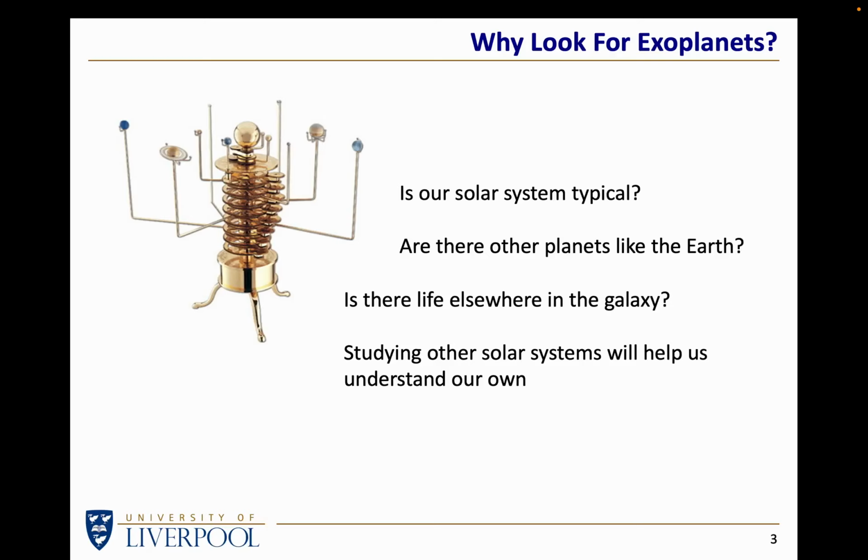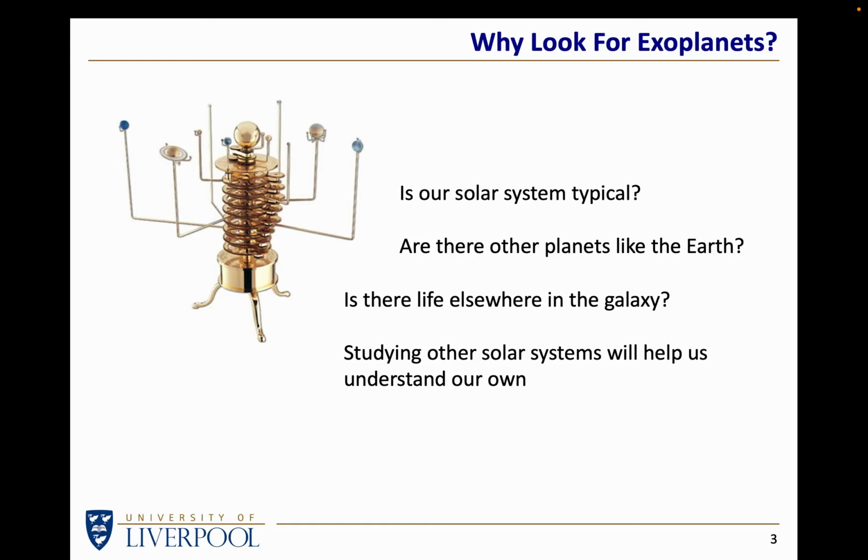So why look for exoplanets at all? Well, we can ask the question, is our solar system typical? We have a solar system with the sun at the center and 8 planets and a whole load of other rocks going around the sun. But the question is, is that typical of all the stars in the galaxy? Of the hundreds of billions of stars that are out there, would we expect to have any solar systems similar